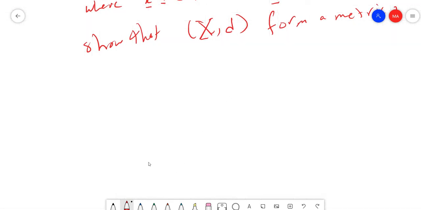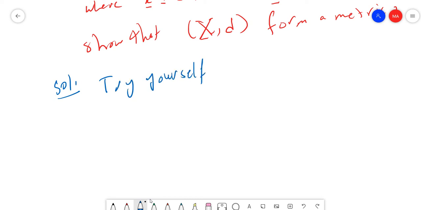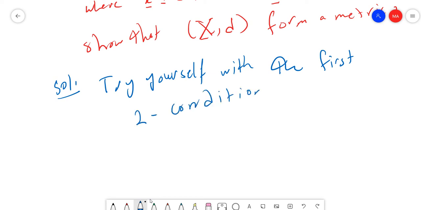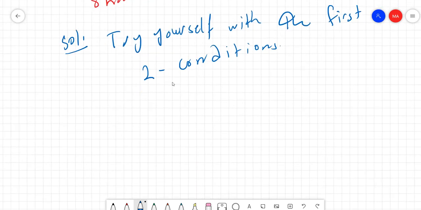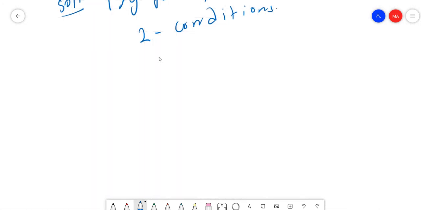So I will leave the first two conditions as a solution. Try it yourself with the first two conditions. The important thing is to